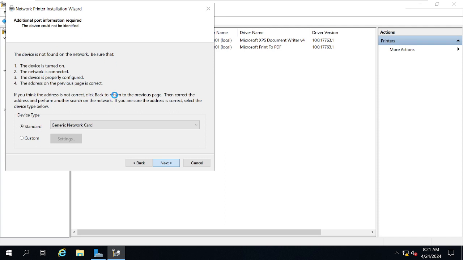See, it is trying to connect, but it was not able to. The device is not found on the network. Be sure that the device is turned on, the network is connected, the device is properly configured, and the address on the previous page is correct. That means, as I told you, as soon as you put this